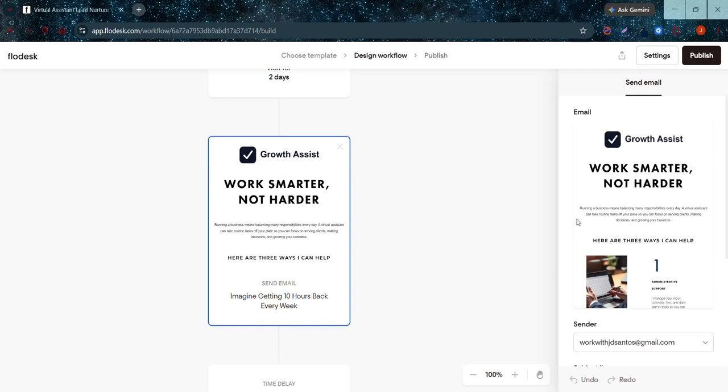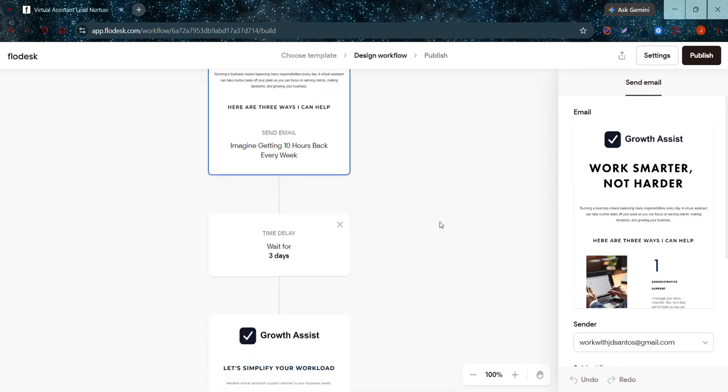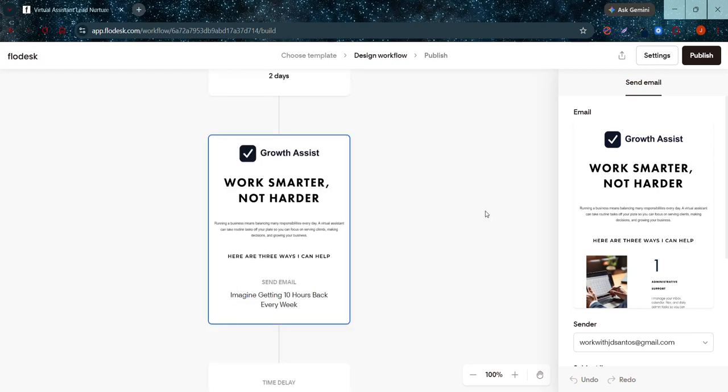So this is the second email, and then 3 days after that, they'll receive the third email, and then that's the end of the workflow.